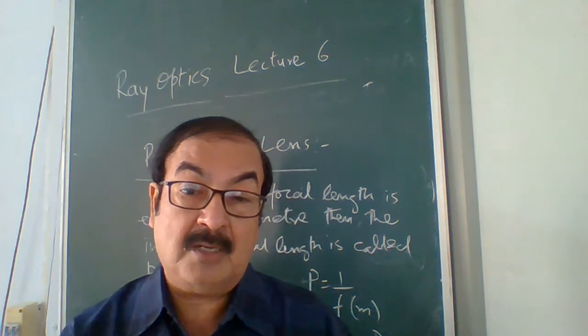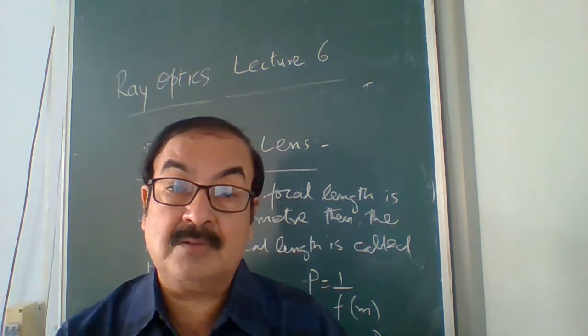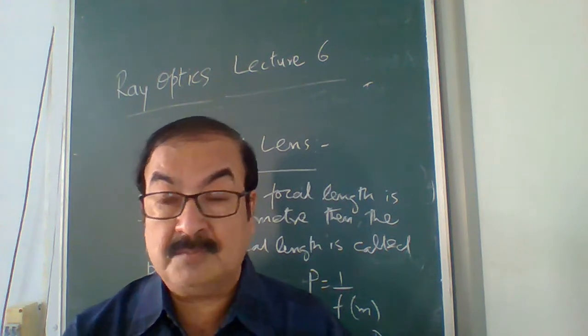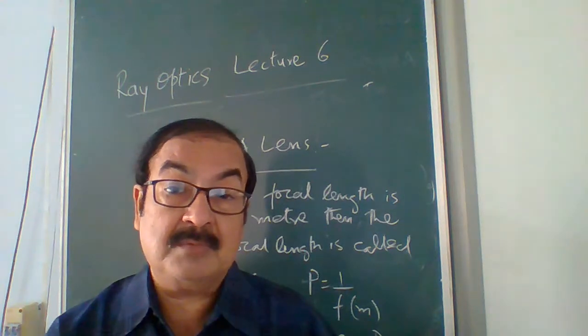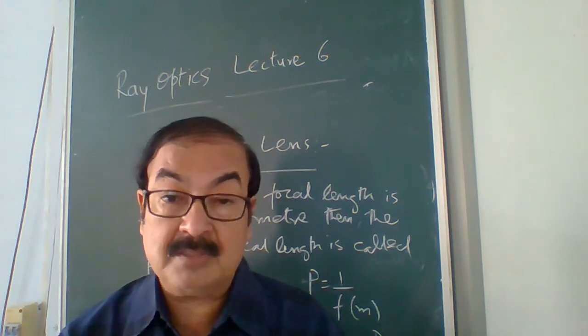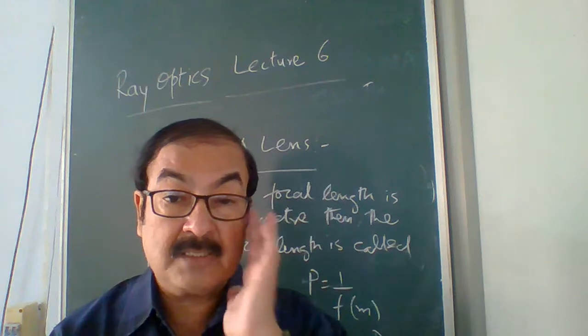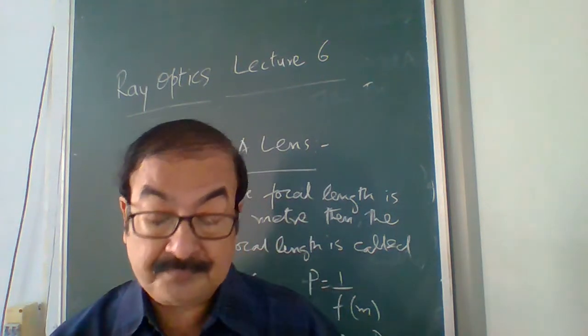If you are a myopic person, then you cannot see the distant object, but you can see the closer object. Okay, that is, the near object you can see. And for those we need some diverging lens. Diverging lens is concave lens, so we use concave lens as spectacle. Okay, and their power is negative.